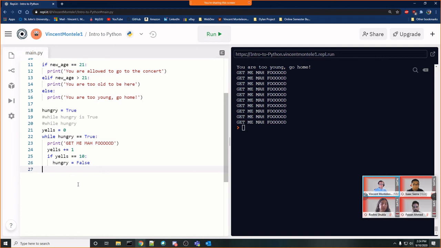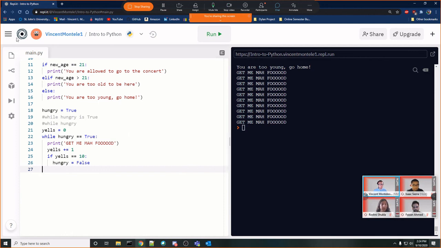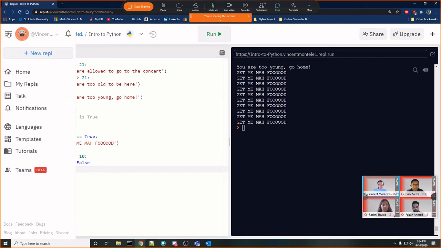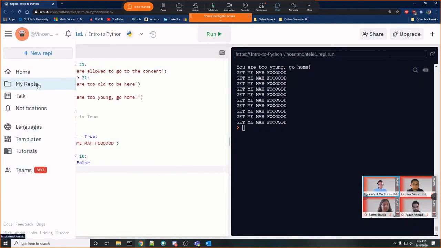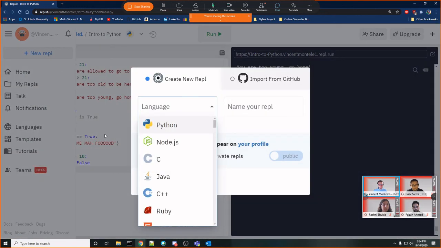All right. So, without any further ado, and I hope I'm not going too fast for some of you guys, what we're going to do now is start getting into how we can actually code our game. So, the first thing I'm going to want to do is start up a new project. So I'm going to click these little hamburger, these 3 lines at the top, and I'm going to press new REPL. And of course, if you guys ever want to get to your other projects, you can go to my REPLs. I'm going to press new REPL.